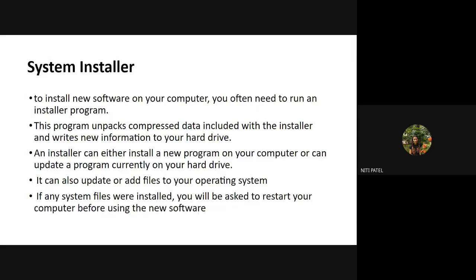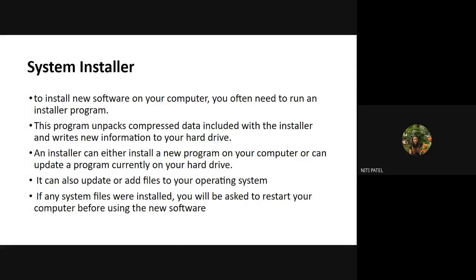Now what is happening in user installer? You do not have any administrative privileges. What are those administrative privileges? You do not require any kind of ID and password to install anything, to update anything, or to upgrade anything, if you are acting as a user installer. But if it is a system installer, every time you want to install, update, or upgrade anything, you will always require an administrative password. It will not allow you to update or download anything unless you provide this system or admin information. Once you give a correct ID and password, it will allow you to install.